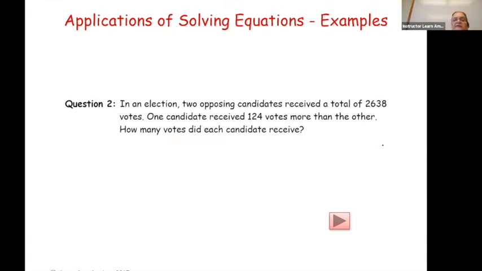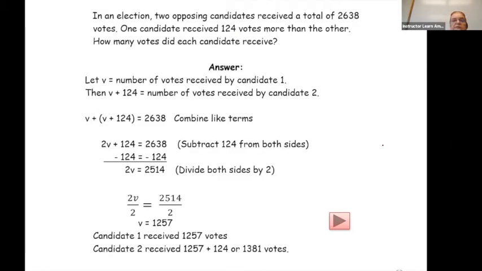Solving equations in another application. In an election, 2 opposing candidates received a total of 2,638 votes. One candidate received 124 votes more than the other. How many votes did each candidate receive? Well, again, I don't know if we have a solution listed here. Yes, we do. Okay. So if we let V be the number of votes that the first candidate receives,